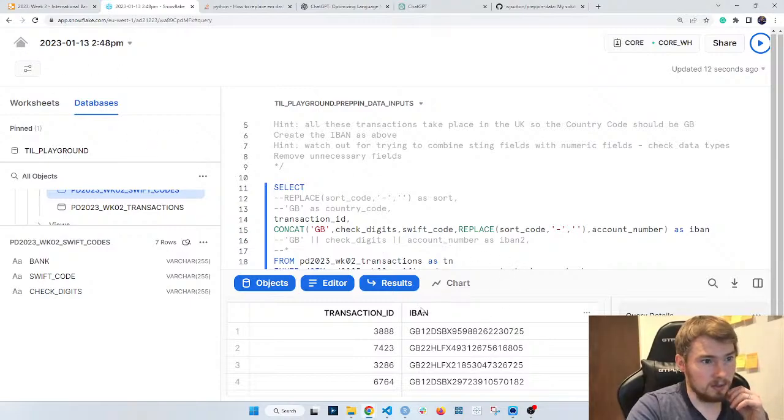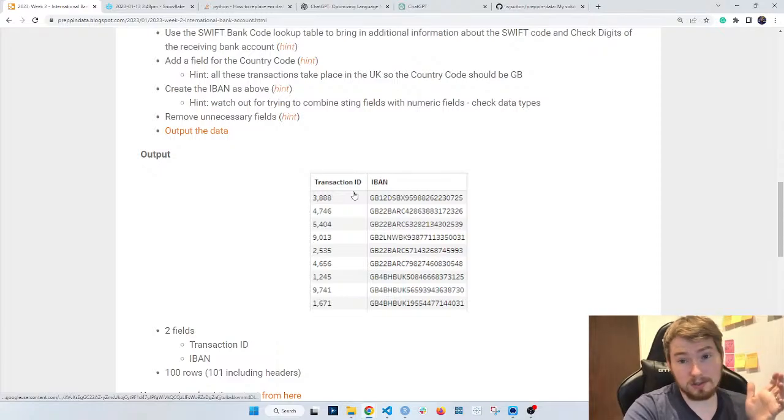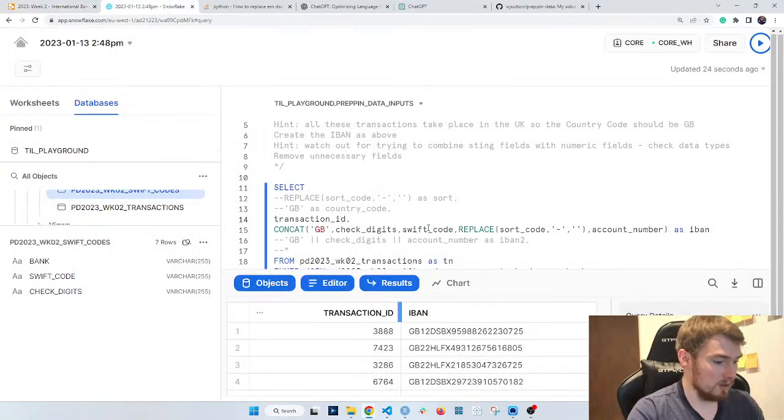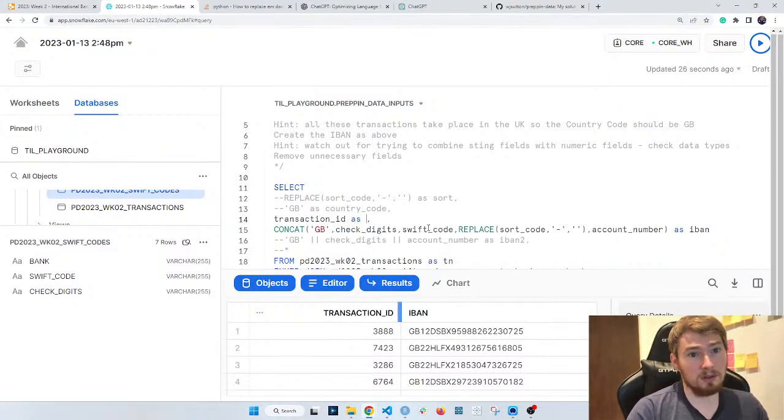Okay, one thing I want to do is, transaction ID is coming in with an underscore here. In the actual challenge, it's got a space, so can I fix that? The way I would handle this, normally you see I'm doing aliases with just a single word, or I'll have an underscore in between them, like in country code here.